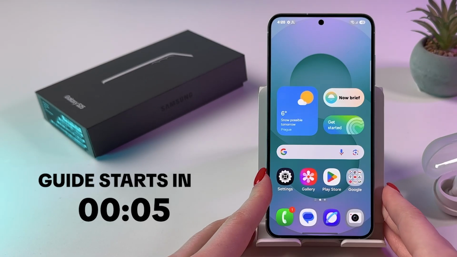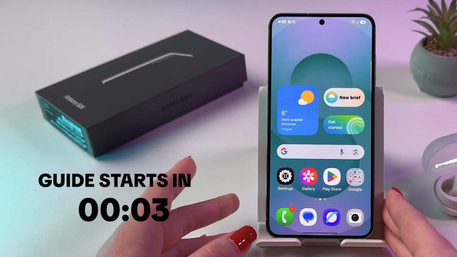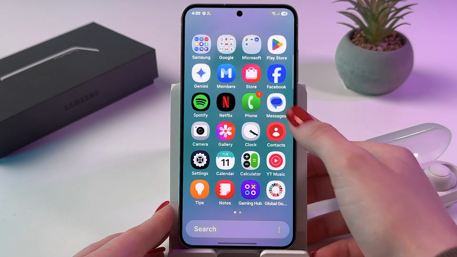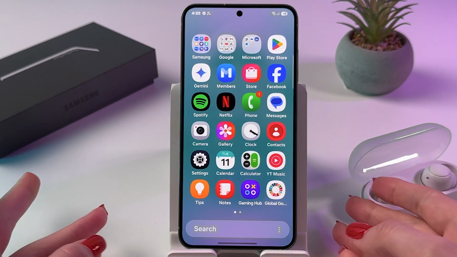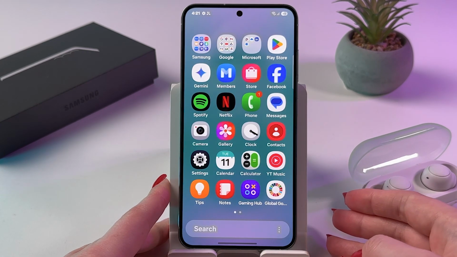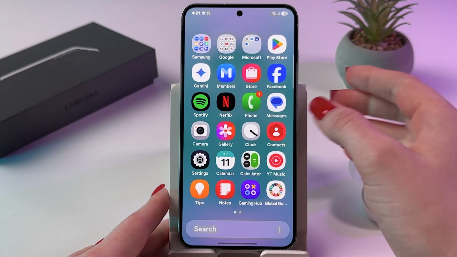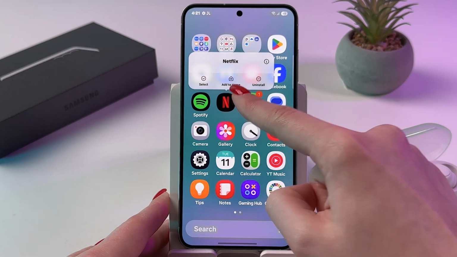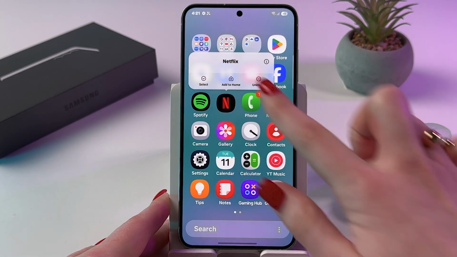Hi, to add apps to home screen on your Samsung Galaxy S25, all you have to do is swipe up to enable your app drawer and find the app you want to add to your homepage. For example, Netflix. For that, I'm gonna press and hold it and choose this button Add to Home just by